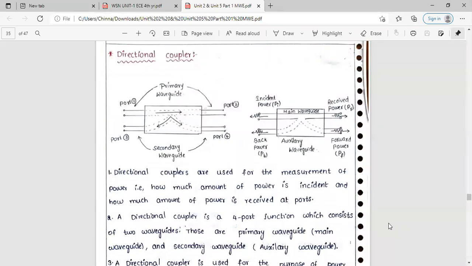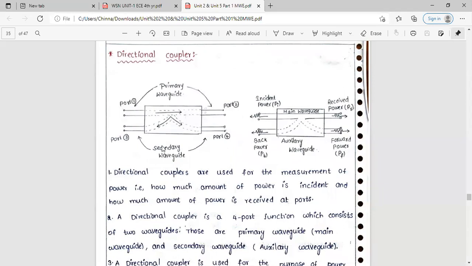See the diagram of the directional coupler. Here, some waveguide will be present. Port 1, port 2, port 3 and port 4. Two waveguides will be used here: the main waveguide and the auxiliary waveguide. The main waveguide has port 1 and port 2, and the auxiliary waveguide supports port 3 and